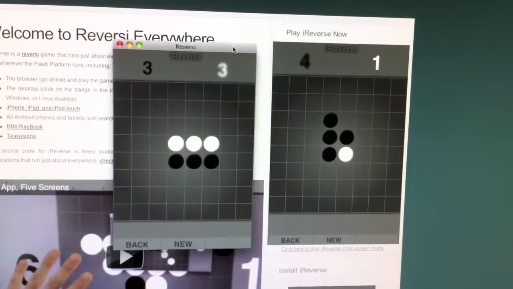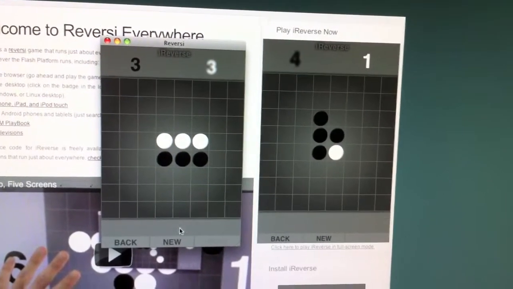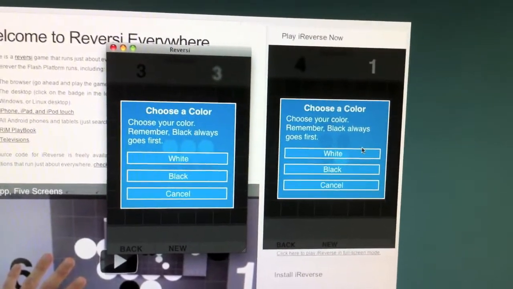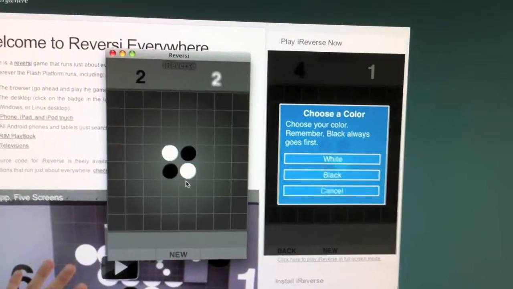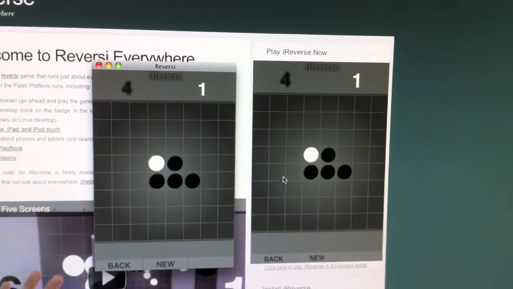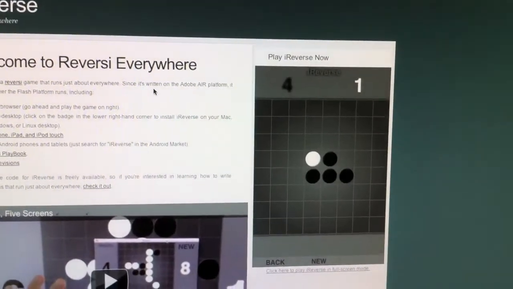Here I have the desktop version of iReverse, and this is the browser version running in the player. And I will go ahead and select a new network game over here, and you can see that the two find each other, and I'll play black over here. And so I now have the desktop version playing against the browser version. And I'll even take this a step further. I'm going to close the desktop version,